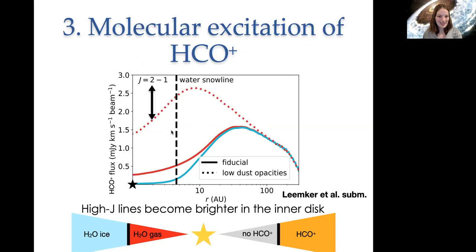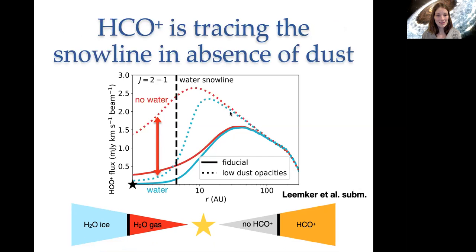But there is hope, because I also looked at what the emission is of this blue line, where we included the water snowline, if you have very little dust. Now we get the following. We see that outside the water snowline, the two dotted lines are very similar. But inside, there's a huge difference, or at least very big. So if you find a disk with very little dust, you can use HCO+ as a tracer of the water snowline. However, those disks are a bit rare, but luckily for us,